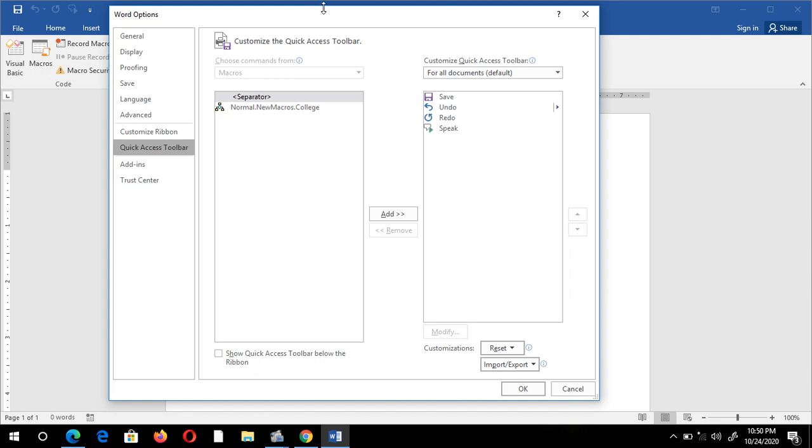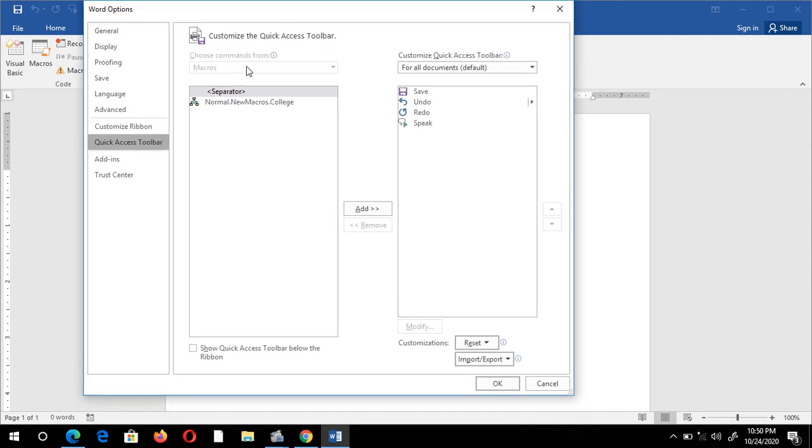Now it is showing me a dialog box asking where you want to place your macro. I just want this macro to be in my Quick Access Toolbar, so I have to just add it to the Quick Access Toolbar. Now you can see a small symbol. I just want to change this symbol.